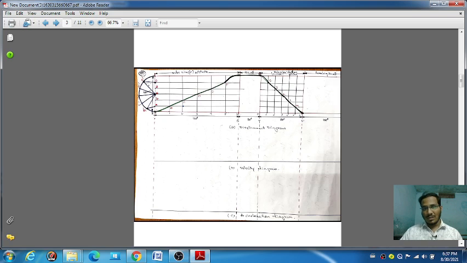Then you can draw the horizontal lines and tally these values, 1 here, and this is your A to 1, then B to 2, then C to 3, D to 4, E to 5. The last one is 6, F to 5, and G to 6. After that, make a smooth curve for this.